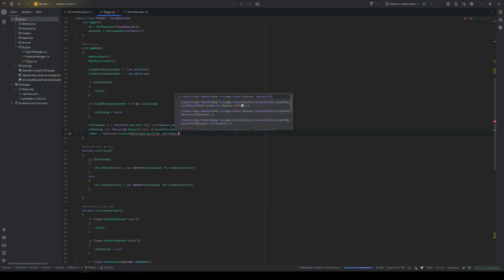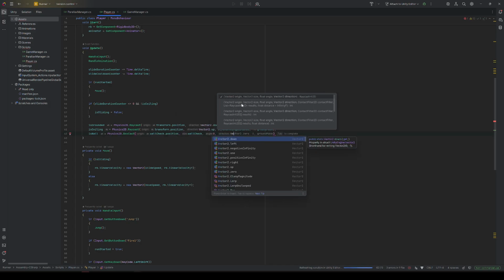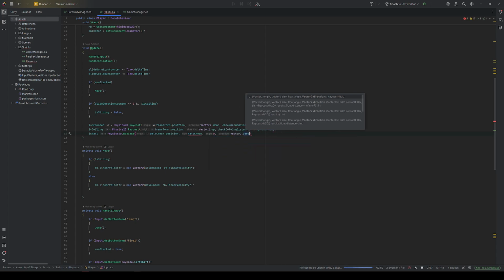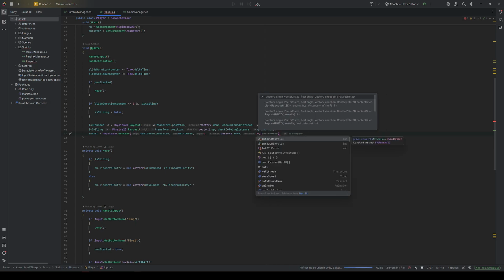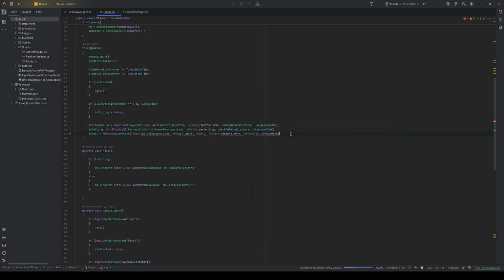Then we need to provide the angle, which we don't care about right now. Direction, we also don't care, so I can use Vector2.zero. And distance, which we also don't care about in this case. And finally, we need the mask. And because we are using the ground mask